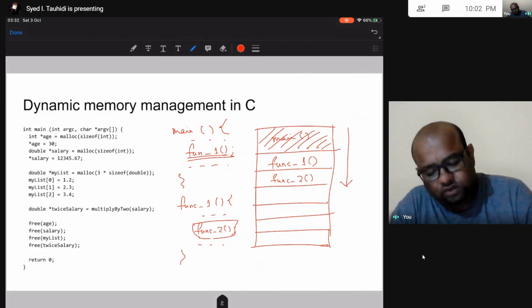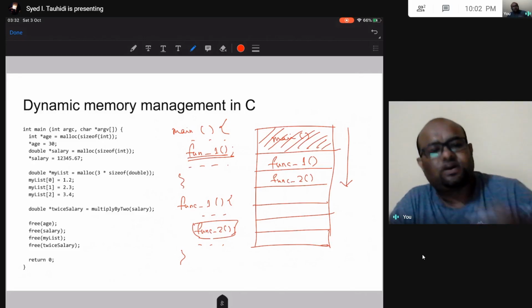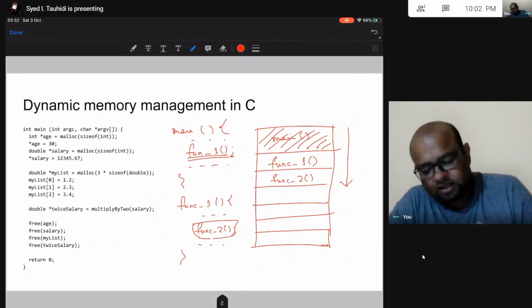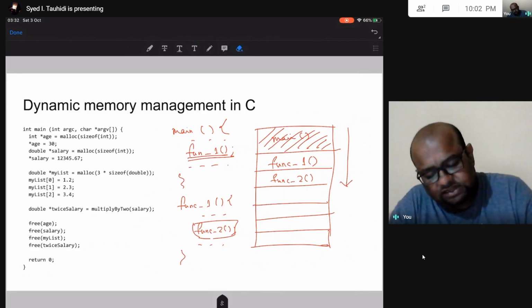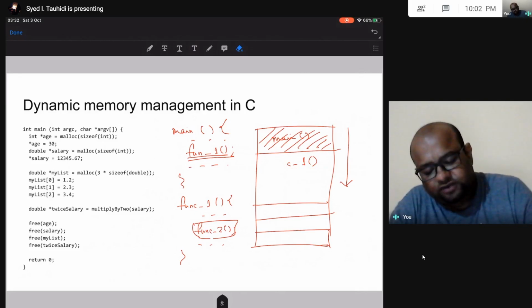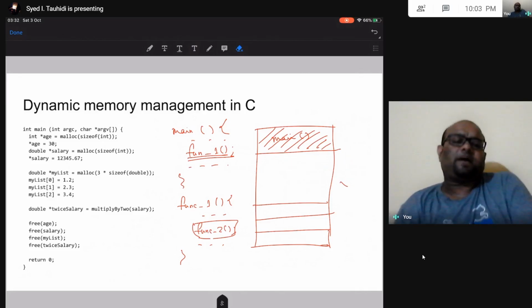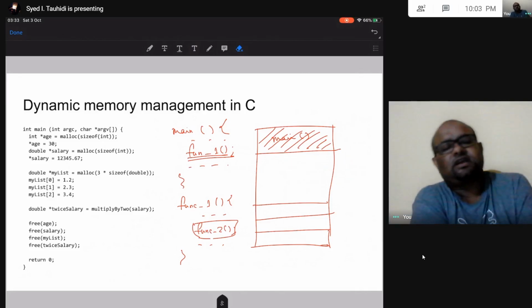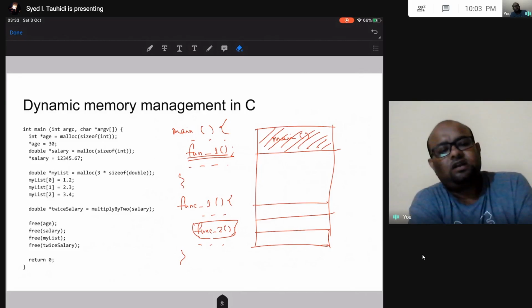When execution of function two is over and it returns, this part of the stack is freed up. After that, when function one returns, this part is freed up. So in the stack, when my function is finished executing, my memory is deallocated. That's a very good feature, so I don't have to worry about memory management too much.